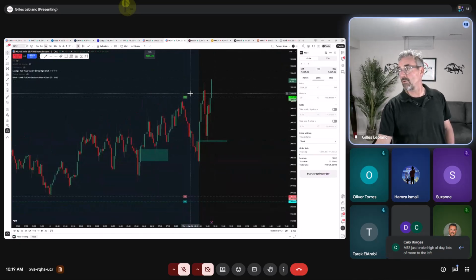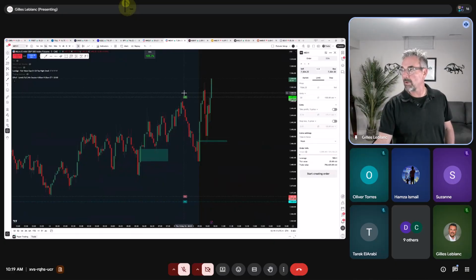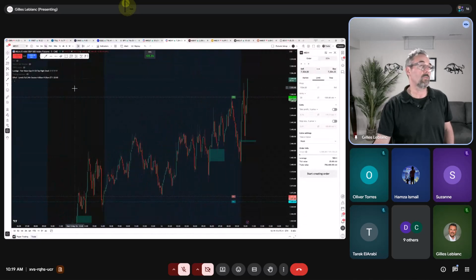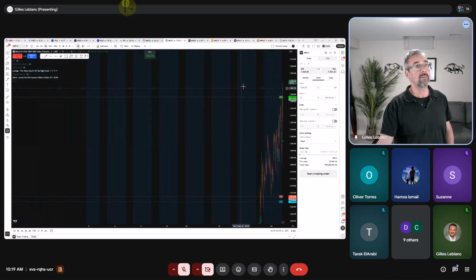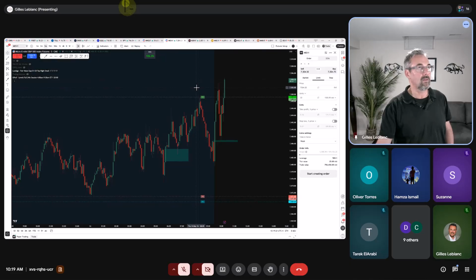So that's good for cow. I hope I'm saying it right again. It shows a lot, a reminiscence of a stock trader. Yeah, Stock Operator. MES just broke the high of the day, lots of room to the left. There is absolutely, well, there's unlimited room to the left because we haven't been here, right? This is all-time highs. Trading all-time highs is...